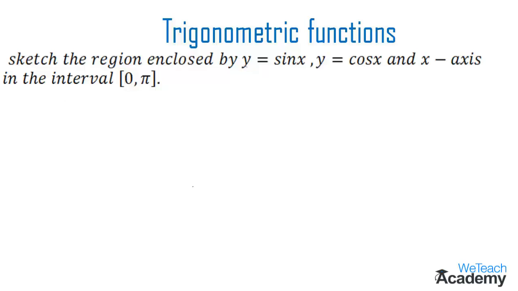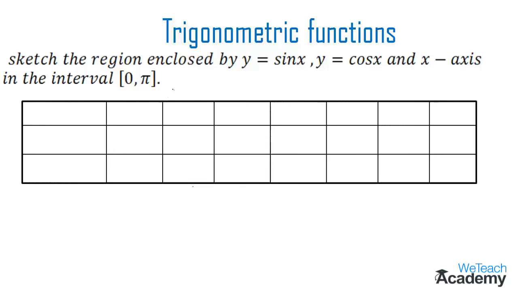So first, let us find the values of y corresponding to the different values of x with both these functions of sin x and cos x. In order to find the values of y, let us consider a table. In the first row we are going to write the values of x, and in the second row we are going to find the values of y for the equation y equal to sin x, and in the third row we are going to find the values of y for the equation y equal to cos x. And now let us write the values of x in the interval 0 to pi. These are the radians. And now let us substitute these values of x in the equation to find the values of y.